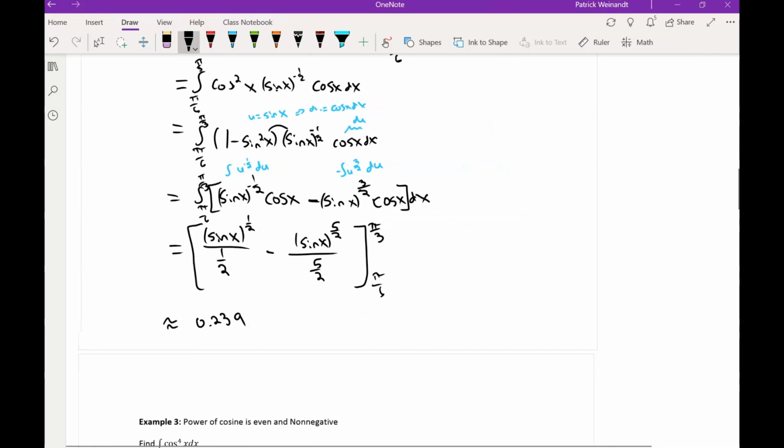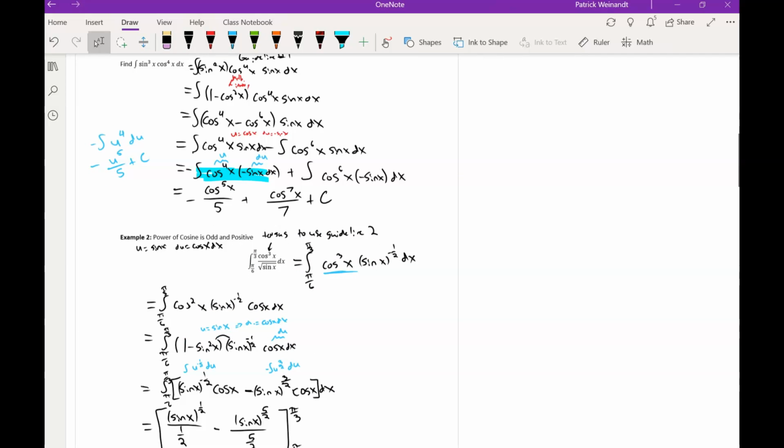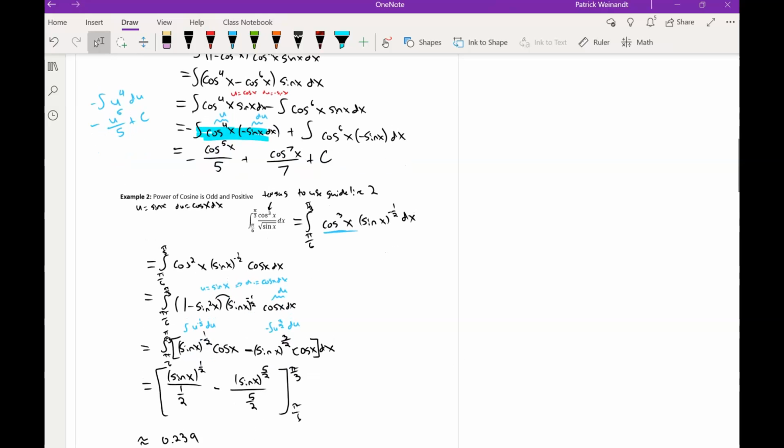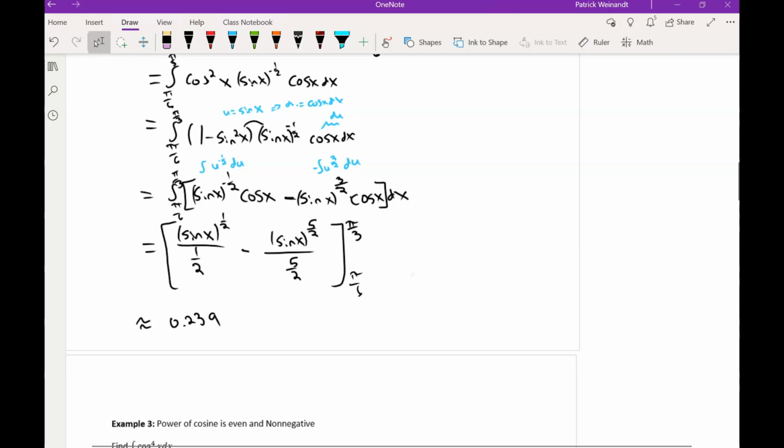So in these examples, the first and second one we did, basically recognize what guideline you're going to want to use, and then you want to just get it so it's in terms of u du, whatever the case might be. Get it in terms of u du, apply the power rule there. Okay, and you can only use these if either the power of cosine is odd or the power of sine is odd. And I guess I should say odd and positive. So if the power of sine or cosine is odd and positive, you can use these rules. However, if you come to an example where neither of those are odd, I guess I should say just they're not odd,